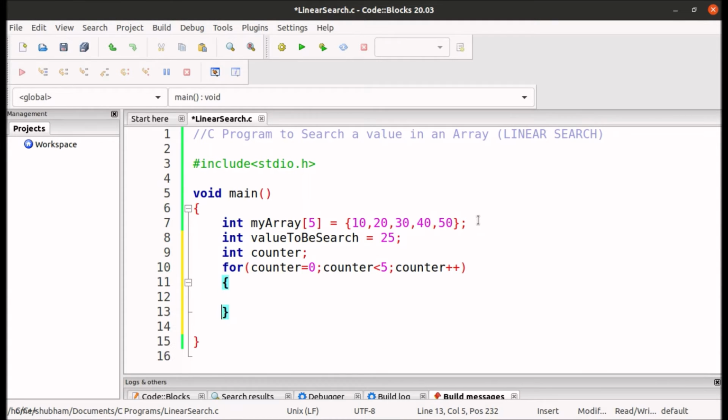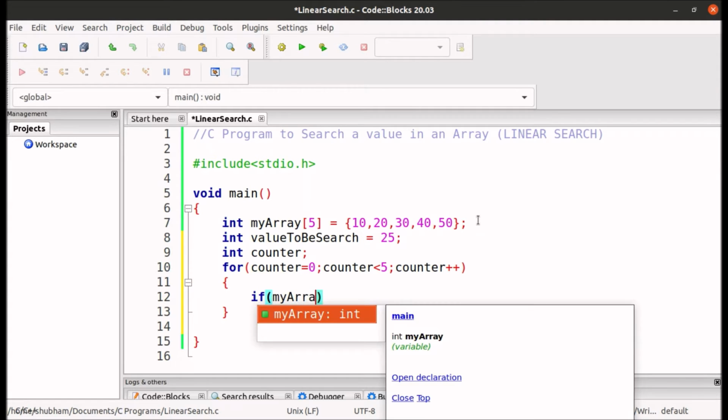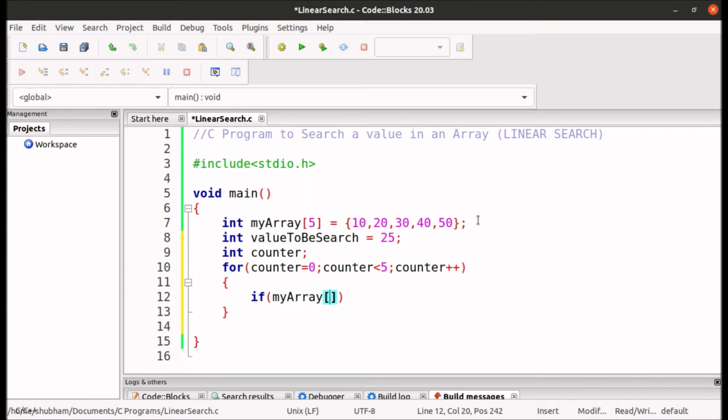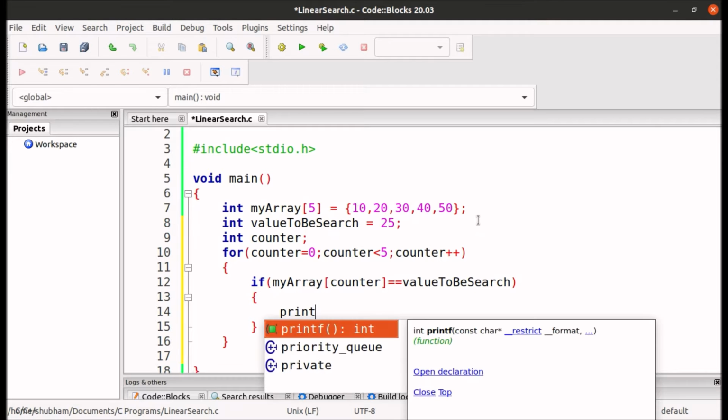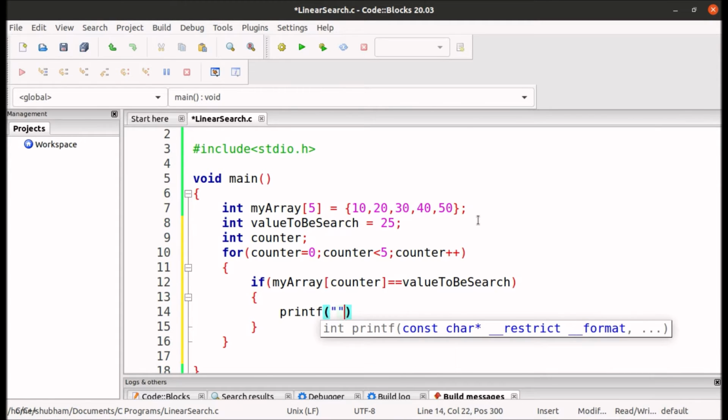And if we find that the element at any index is equal to the value to be searched, then we will print "%d found at %d", the element found at the %d position.